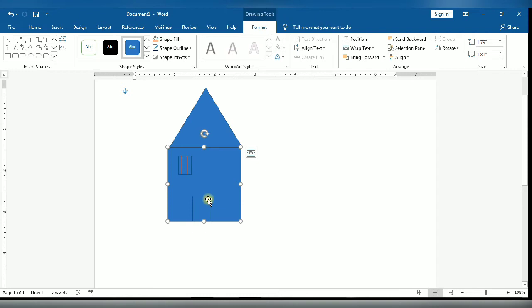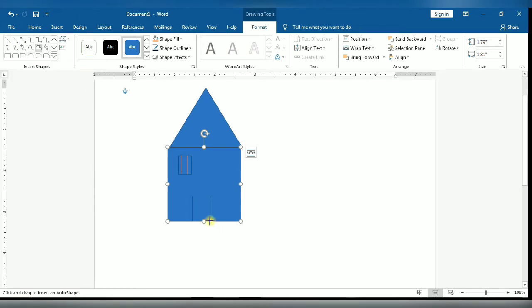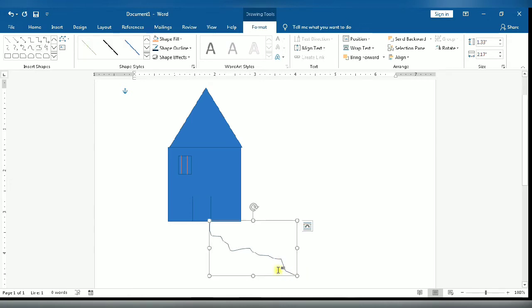Now I am going to use the most important one, this is called freeform. Freeform means what? You can draw in freehand, like you draw by using a pen. Just you can see here, double click, again you select the freeform. You just use it to draw. Okay, so what you see here, now you can see here.